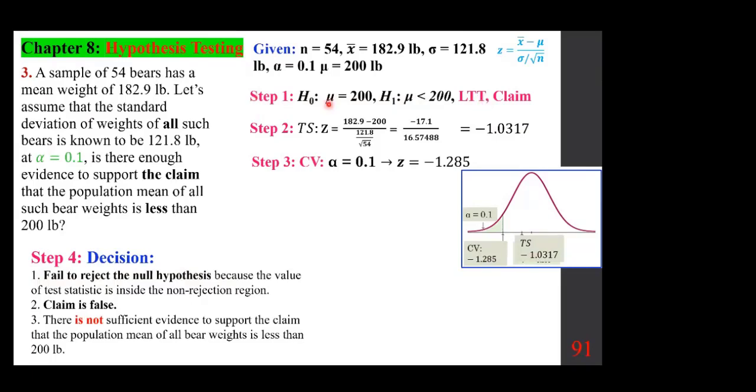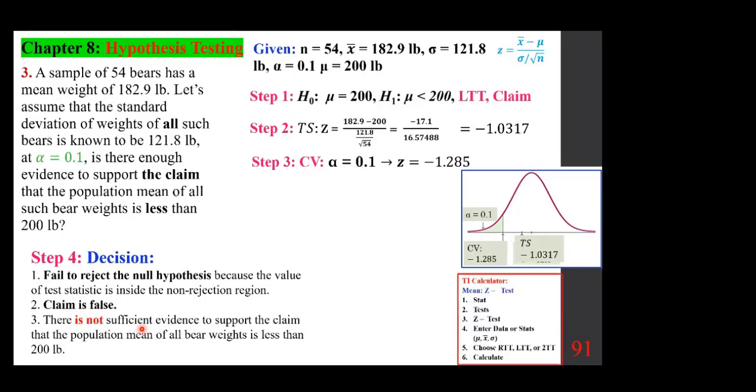We are not rejecting H0. What are we rejecting? H1. So we are rejecting the claim. In essence, the claim becomes false. There is not sufficient evidence to support the claim that the population mean of all bear weights is less than